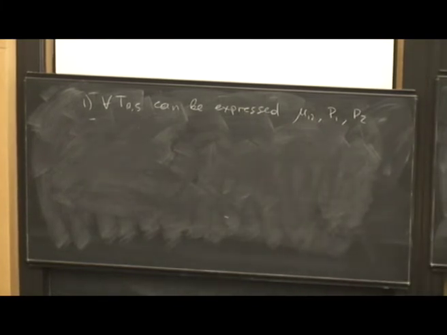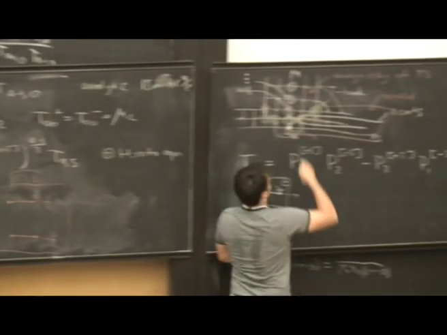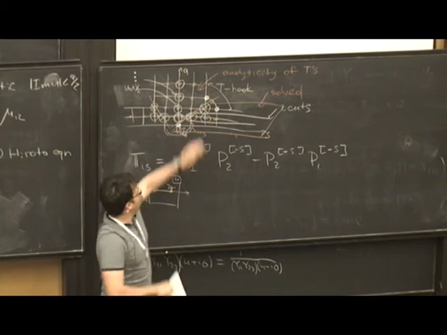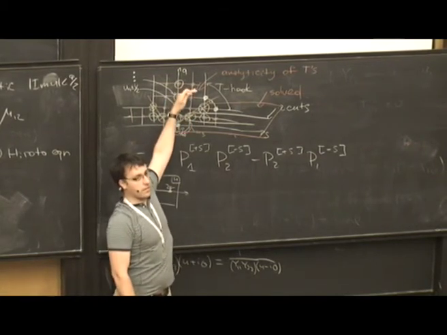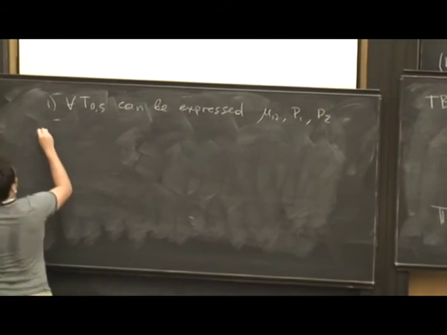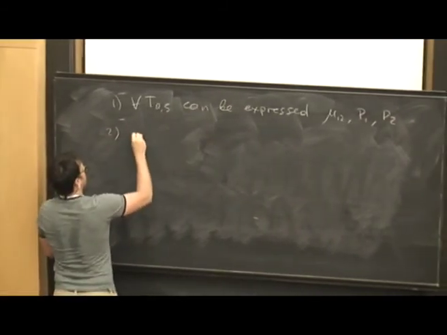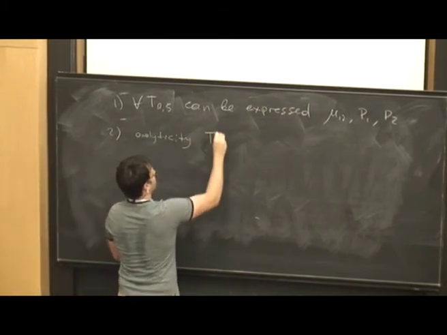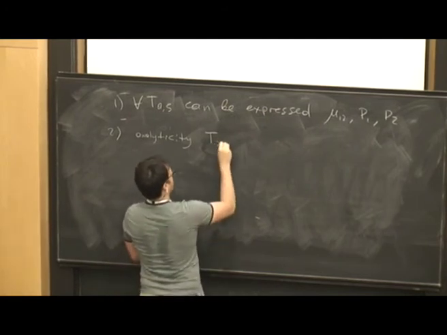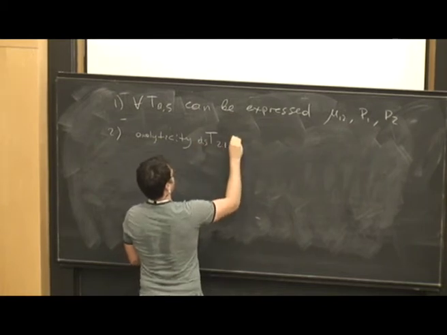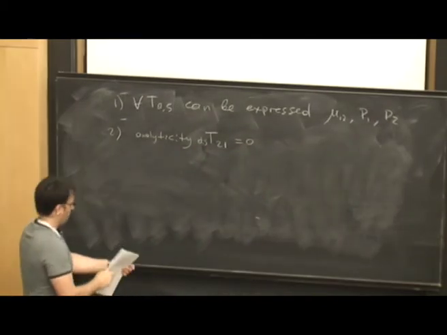Because now we know all T functions in the right wing and the left wing, furthermore we know that this T is the same as this one. So now using the Hirota equation we can find recursively all the T functions in terms of those we already know. And then if we require analyticity, say of T to 1, that its discontinuity at the real axis is 0, what we find is that